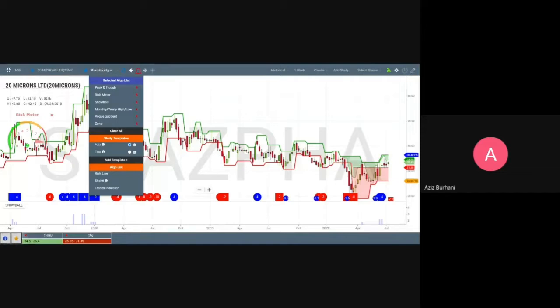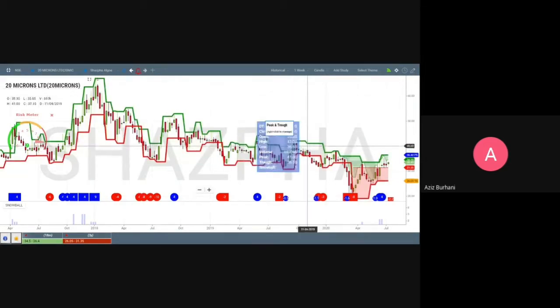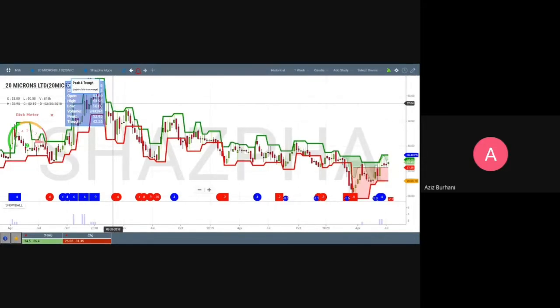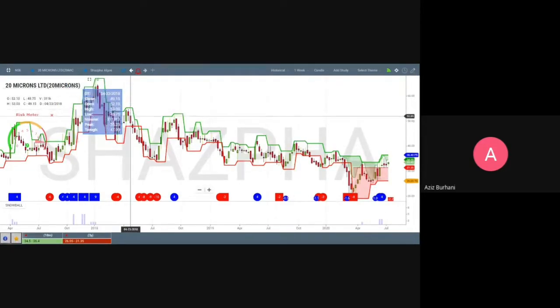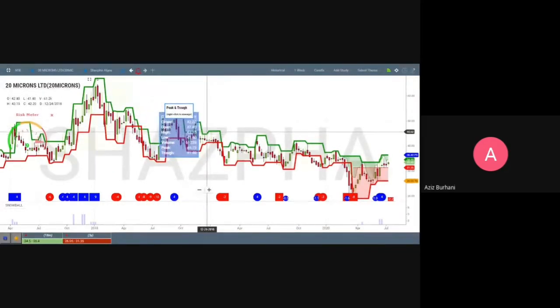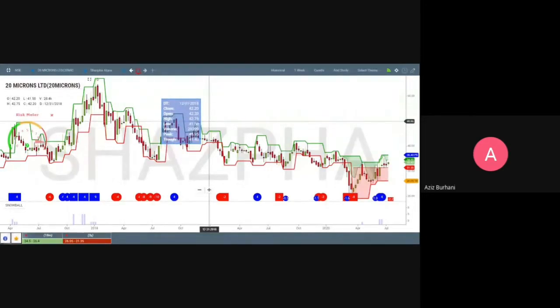You can see here my default template has peak and trough. If you can see, there is peak and trough here. For people who don't know, who are naive and who are new, the green horizontal line here, this line that is going like this. Okay, as I move my cursor, if you can see, this is the peak. Okay, the peak is the resistance. So the peak in Shaspa is dynamic. There are different rules for the peak to be formed, for the trough to be formed.